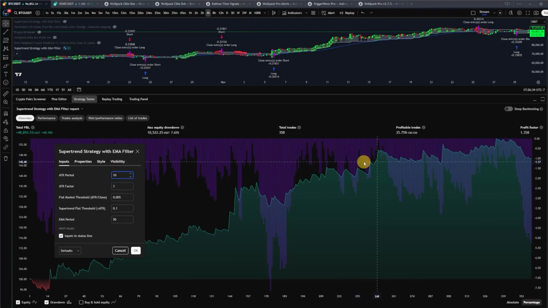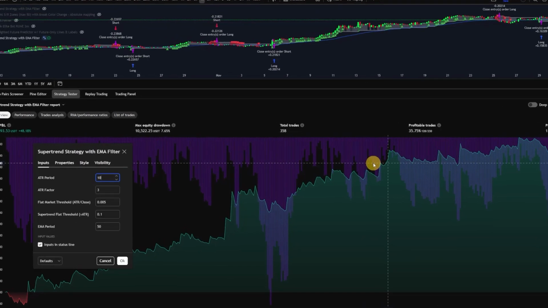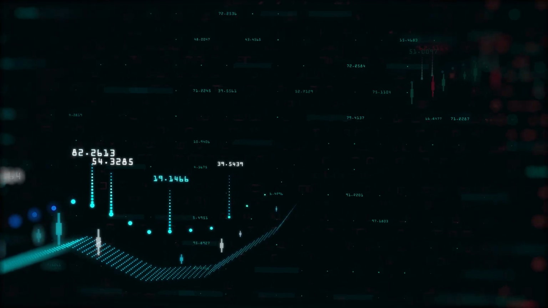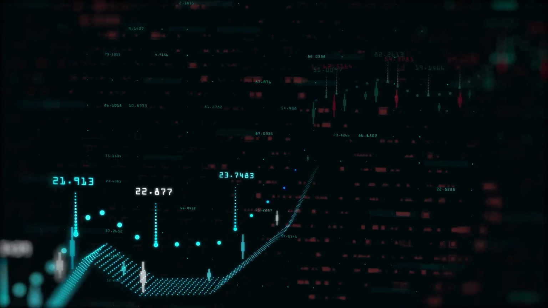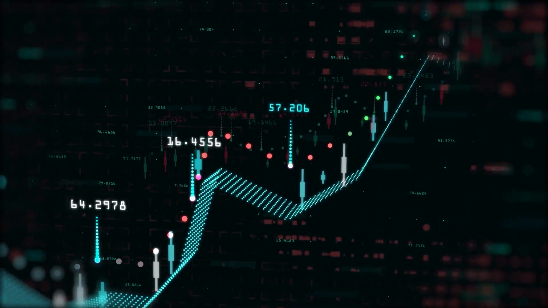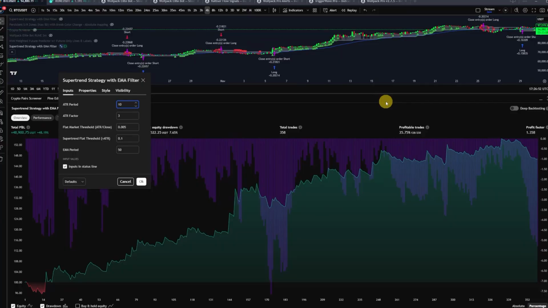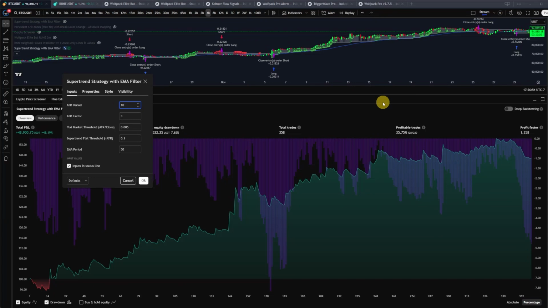And in TradingView, it's kind of limited with what you can do. So an example of what I mean when I say robust, I mean that it's been statistically verified. And statistical verification is